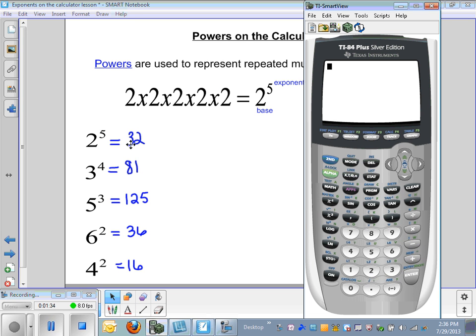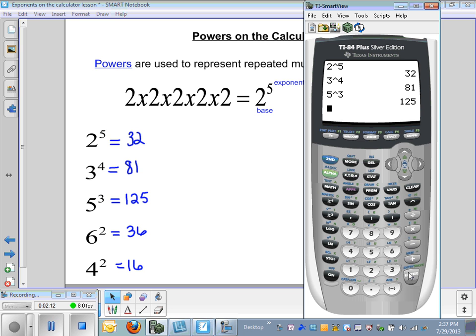First one is 2 to the 5th, and it says it equals 32, so let's verify that. We're going to enter the base of 2. We're going to hit this caret or power key, and then 5, and enter. 2 raised to the 5th power is 32. The next example is 3 to the 4th, so the base of 3, caret key, 4, and then enter. 3 to the 4th is 81. 5 raised to the 3rd power